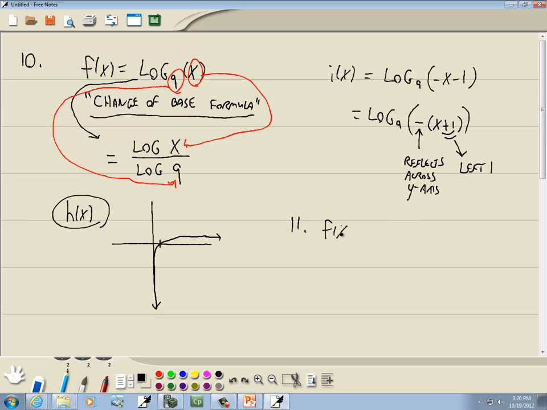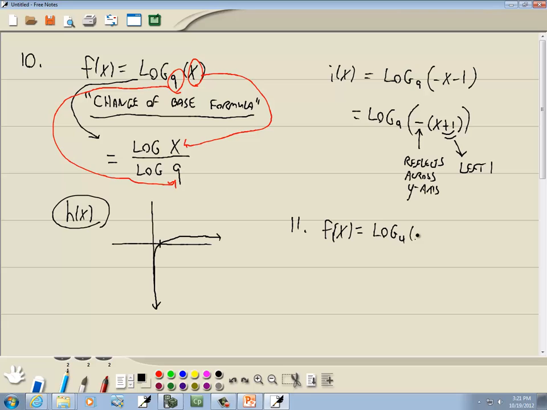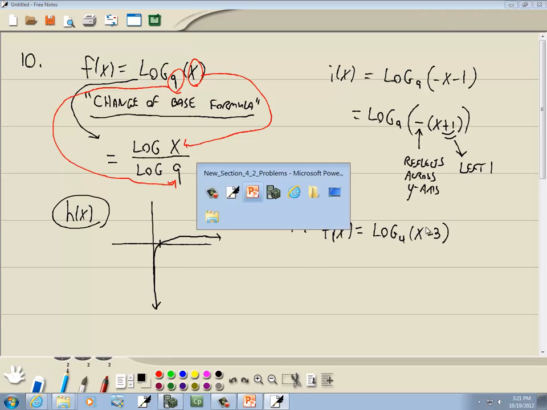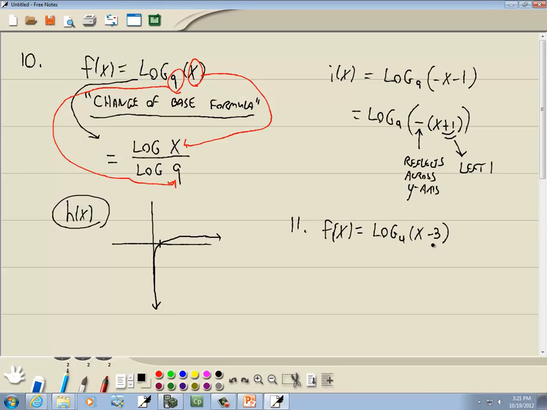We've got f of x is equal to log base 4 of x minus 3. It says describe the transformation and graph the function. Well, if you've got a number inside with the x, it's left or right, opposite of what you think. The negative 3 would make me think it goes left 3, so it really goes right 3. Now to graph this,